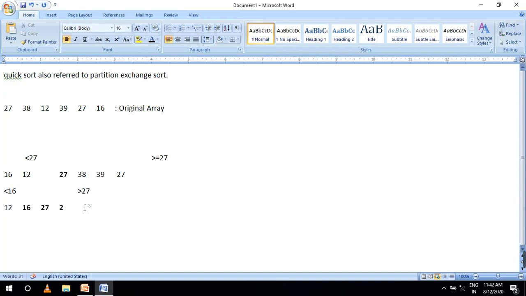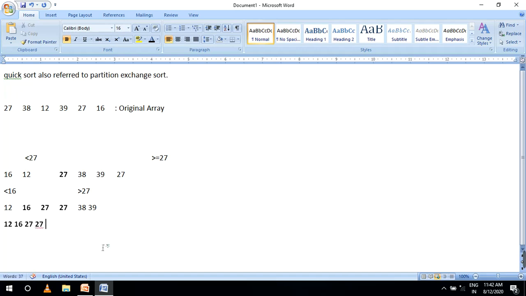Now 27 is once again the pivot. Next the remaining elements are 38 or 39, whatever it is, you have to change it. Once again the next pivot is 12, the left side is almost sorted, so 12 is sorted, 16 is sorted, next 27 is sorted, 27 is sorted.